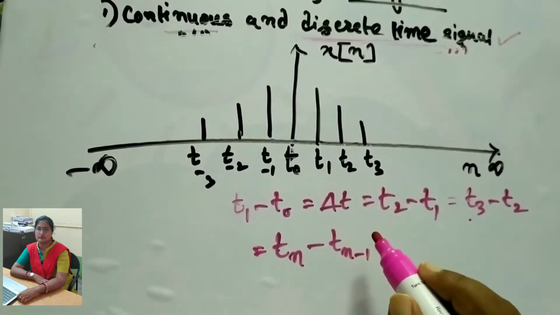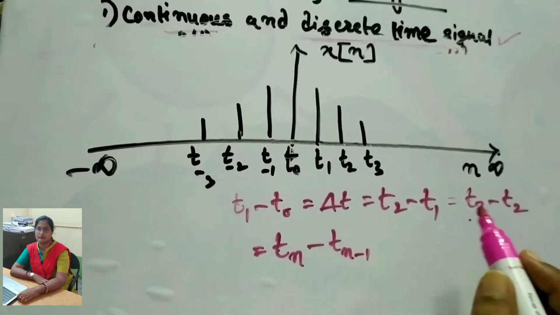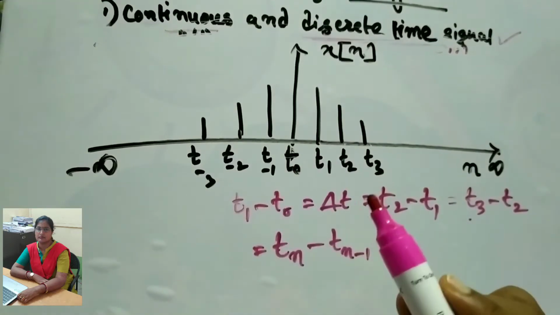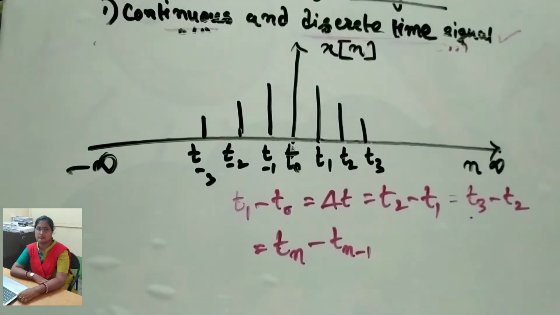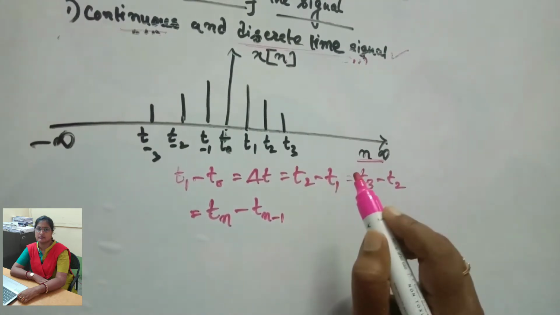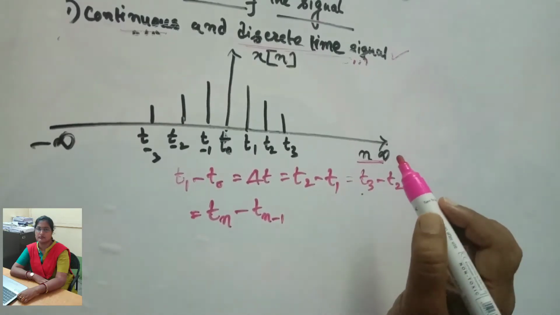So in this case you can see that the discrete time signal is uniformly sampled. That means the time interval of occurrence of each pulse is constant or the same. Therefore, it is called a uniformly sampled discrete time signal. Now, we will discuss one very important thing, that is the existence of integer n. That is why we represent the x-axis for integer n instead of t in the case of a discrete time signal.